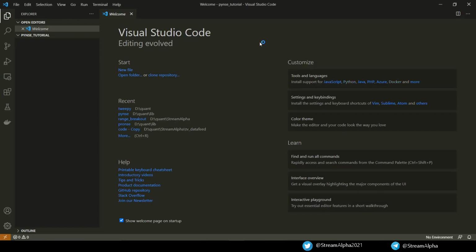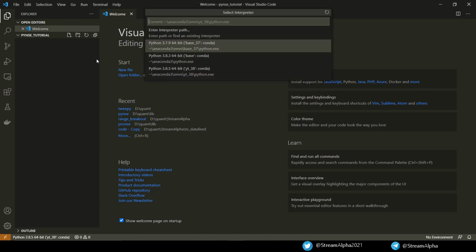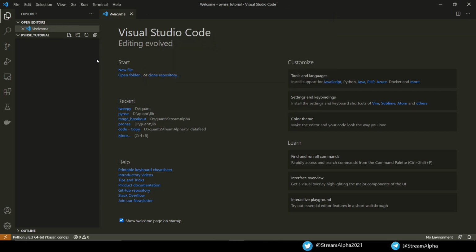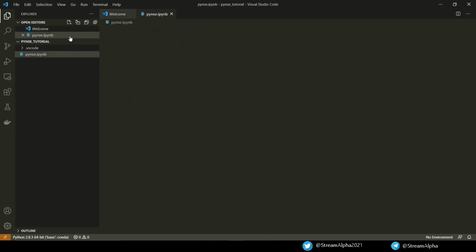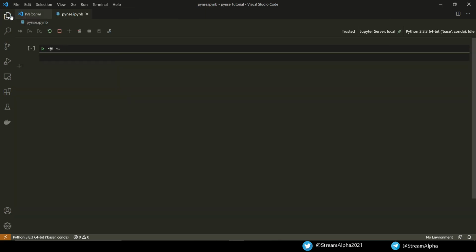To set the environment, press Shift Ctrl plus P and select the right environment where we installed PyNSC. Now create a new file. To save it as a Jupyter Notebook, the extension of the file should be .ipynb. I am naming it pynsc.ipynb and open the notebook.